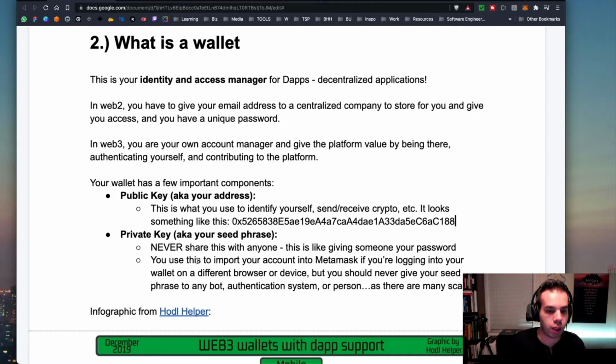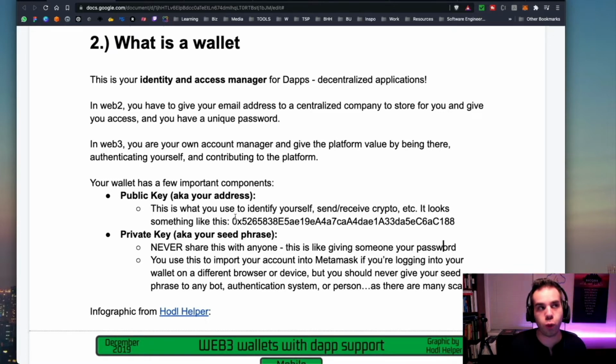However, let's say that you've never had a crypto wallet. When it creates that wallet for you, it's going to provision an address that looks like this. And then it's also going to create a private key or that secret phrase that you'd be able to use to authenticate the account. But just a word of caution, there are a lot of scams out there, and you want to be cognizant that if anyone ever asks you for your seed phrase or your private key, they're specifically talking about this other type of key, and you never want to give that out to anyone.